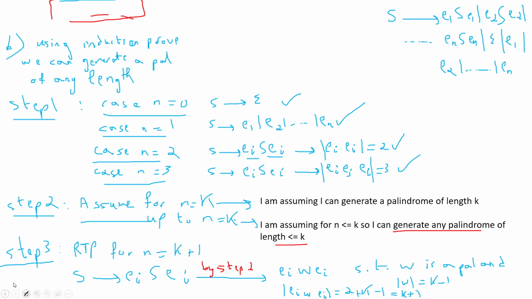So I was able to generate a string of length k plus 1. And this is any general string of length k plus 1, which is really cool. That's why I needed up to k. If I had only said n equals k, I would have had to replace it with some w of size k, and here I would have ended up with k plus 2. I would have overshot it. I would have generated a string of length k plus 2, not k plus 1, which is why I had to choose w